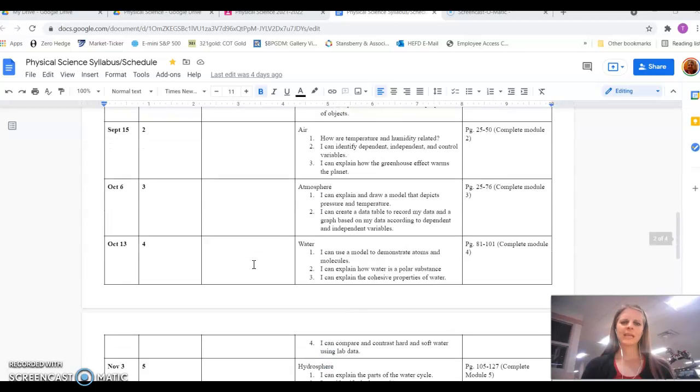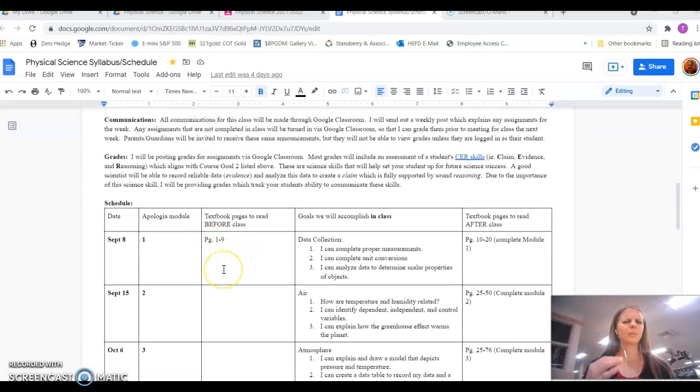So after they read that, they should know how to calculate speed. But if it's just, hey, let's read this, let's kind of get a little background, I don't expect too much coming out of them, then I'll just put the page numbers. But most of the time I want to hit as much as I can in class because that gives me a great time to do inquiry with the students before they've read everything and get all the answers. That's a huge science skill.